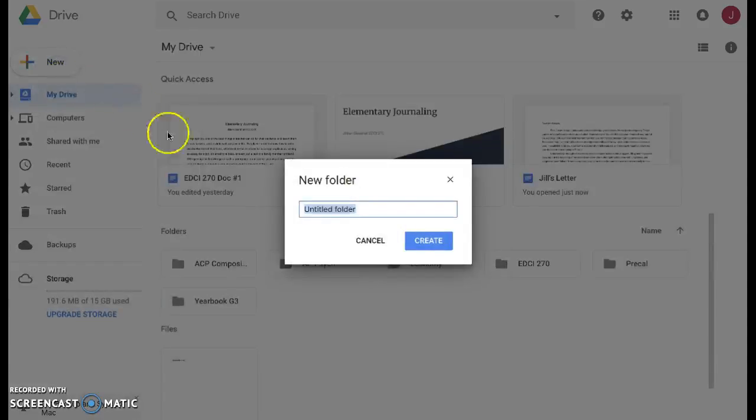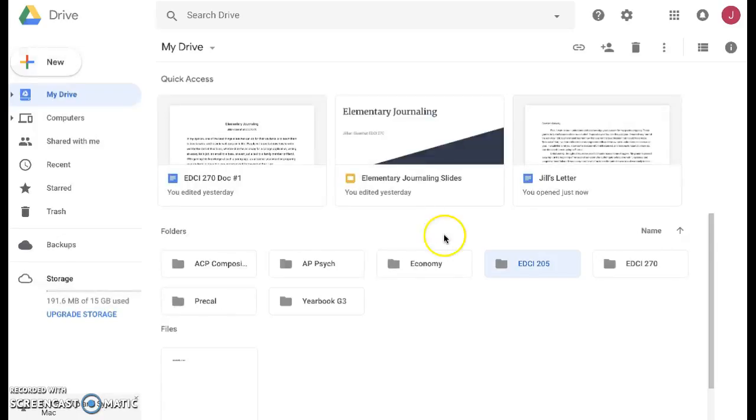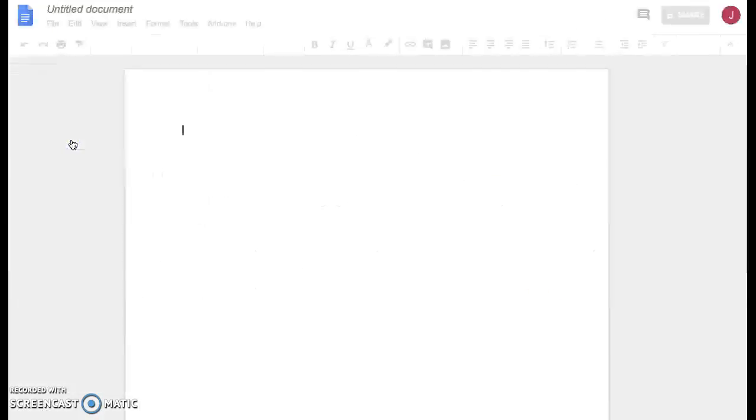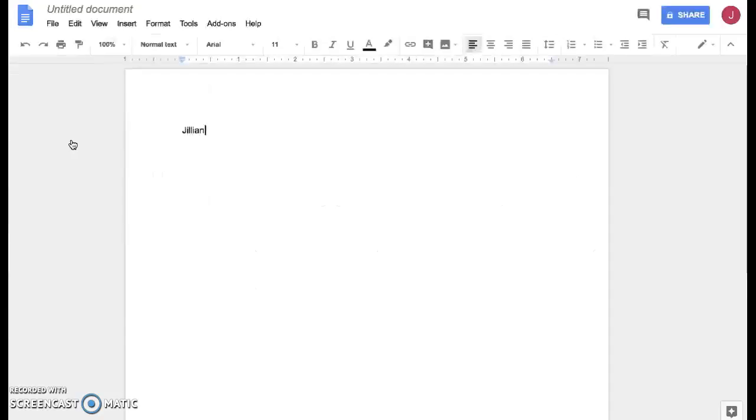So let's say I want to make a new folder for my EDCI 205 class. To do that, you just type in the name, click create, easy as that, just pops up right there. So next, let's say that I want to create a new Google Doc. Let's just say Jillian's